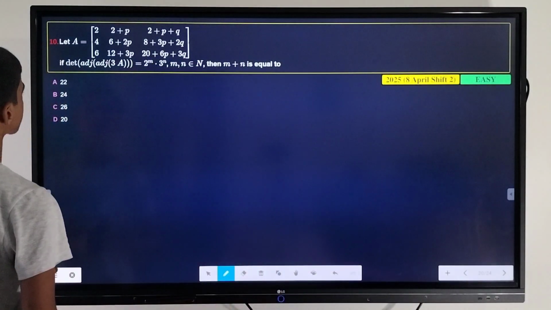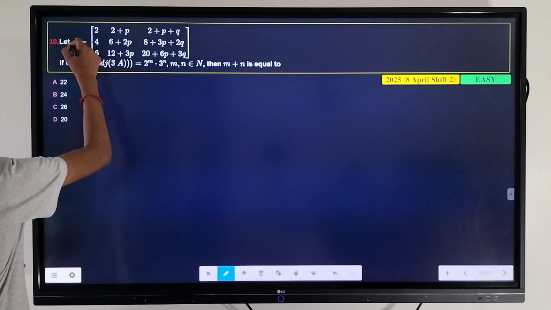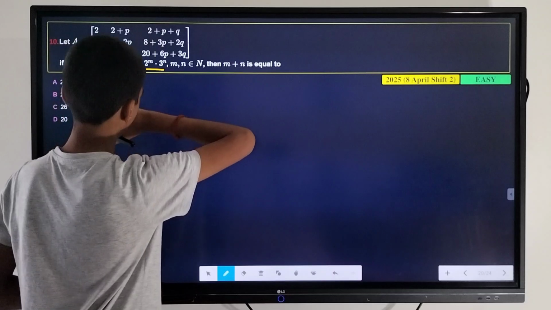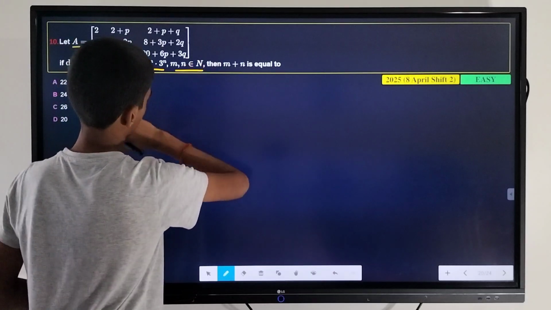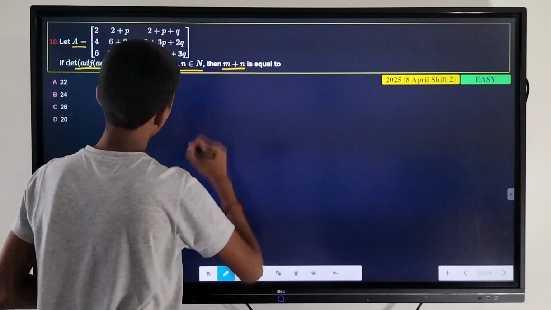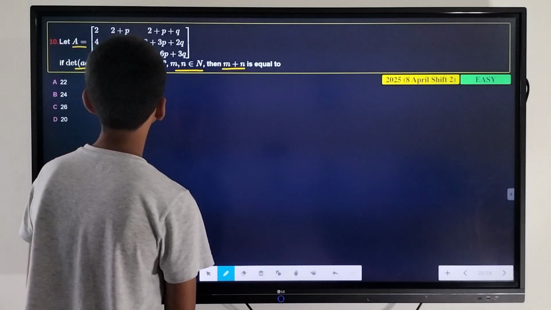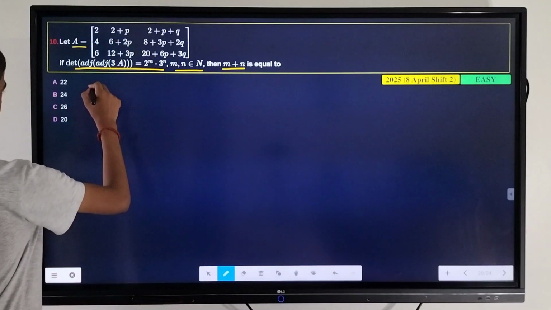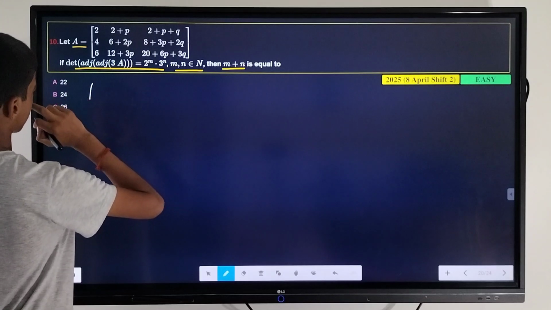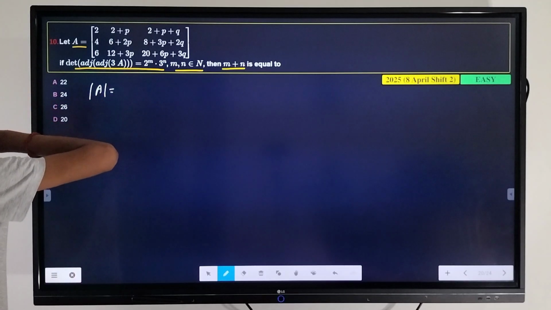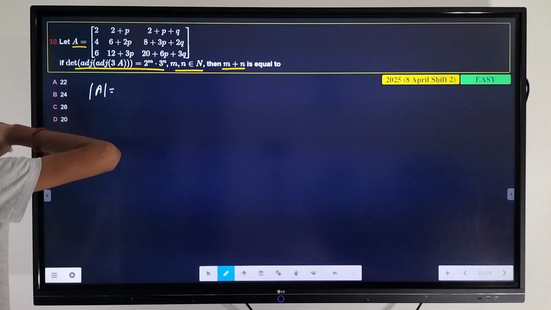This time our question says let A is equal to this matrix, and we have this determinant. m comma n belongs to natural numbers, then m plus n is equal. So here, first let's find the determinant of A. Determinant of A is equal to